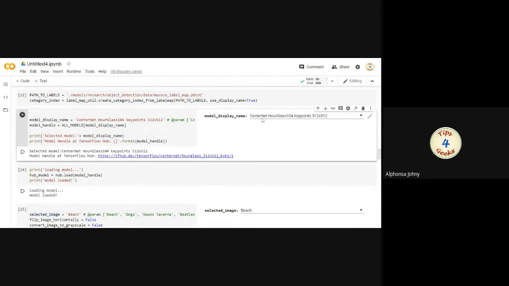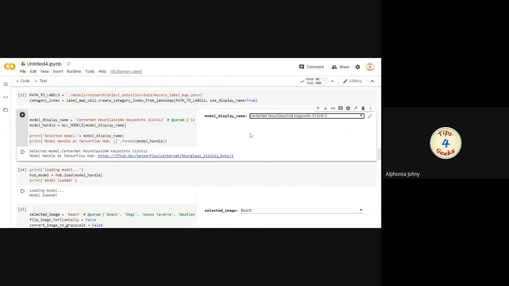In the code, different models are there. For example, in this project they have used CenterNet Hourglass104 Keypoints 512x512. This is an algorithm for detecting objects. There are so many object detection algorithms, and you can change this algorithm and execute.